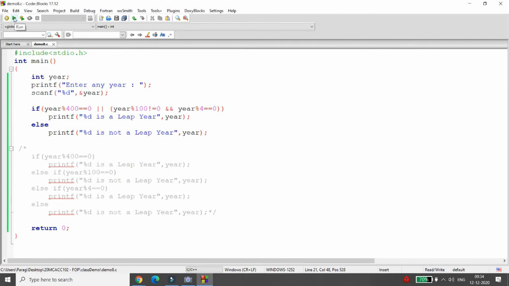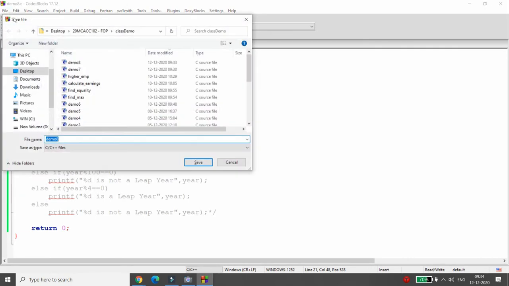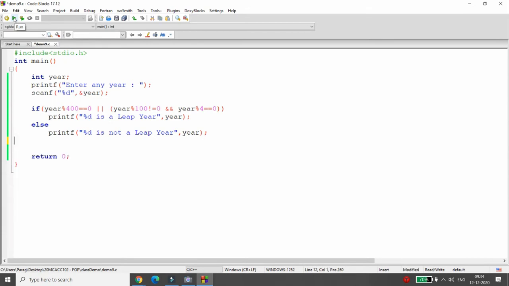But I don't want to do only these things. I want to take the input from the user, that enter the year and month, and I want to display the number of days. So how can we do this? Insert the year and month, and I want to give the days. So first of all, you can work this out on paper. First, identify is it a leap year or not, right?